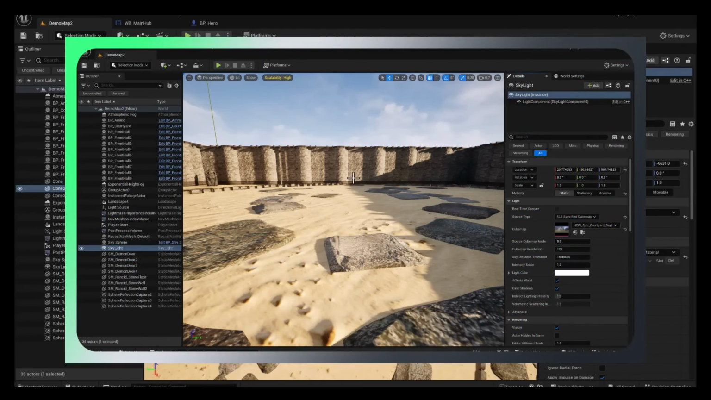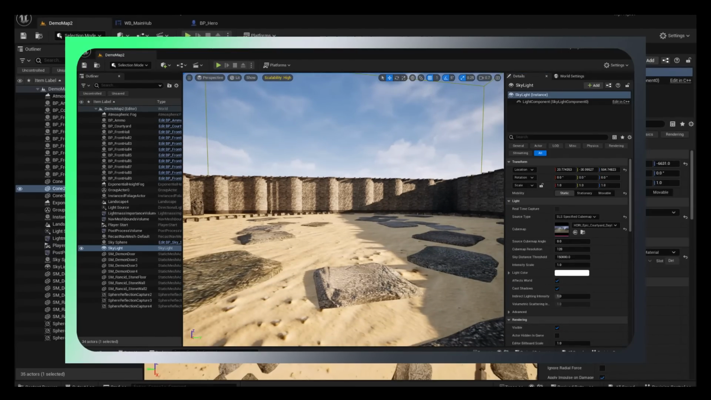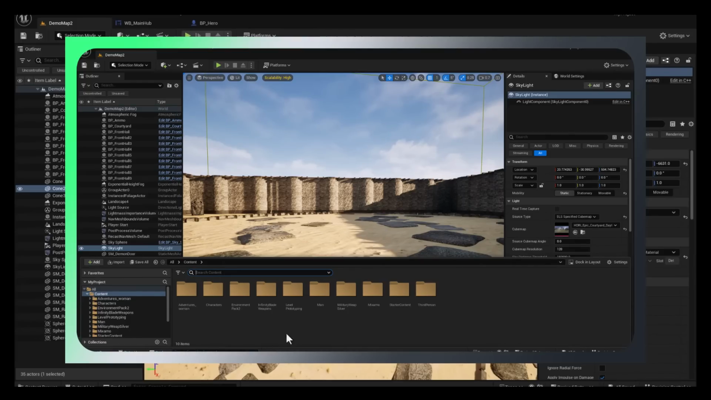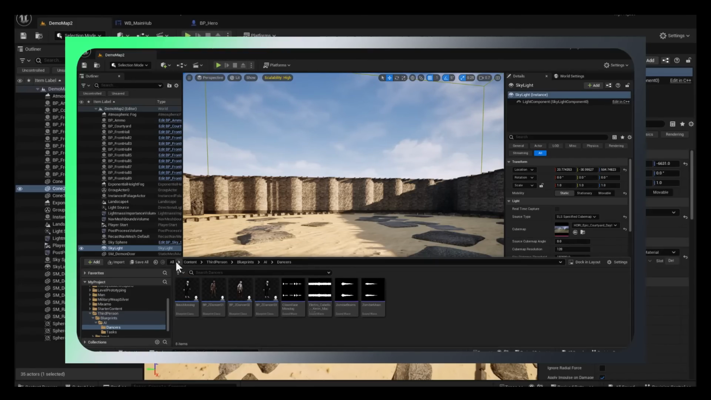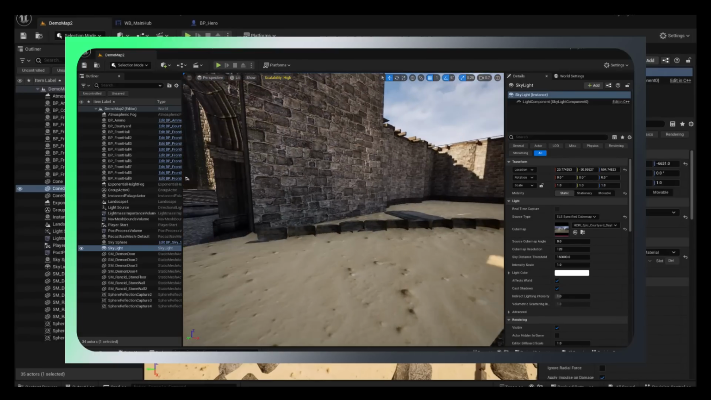Hey, okay, sorry about this quick break, but there's something I've made mistakes on and I wanted to show you real quick. So the first thing we're gonna go to is the content folder, third person, blueprints, into the AI folder, and to the dancers folder. Or, yeah, so anytime that you wanna summon a character or a creature into the actual